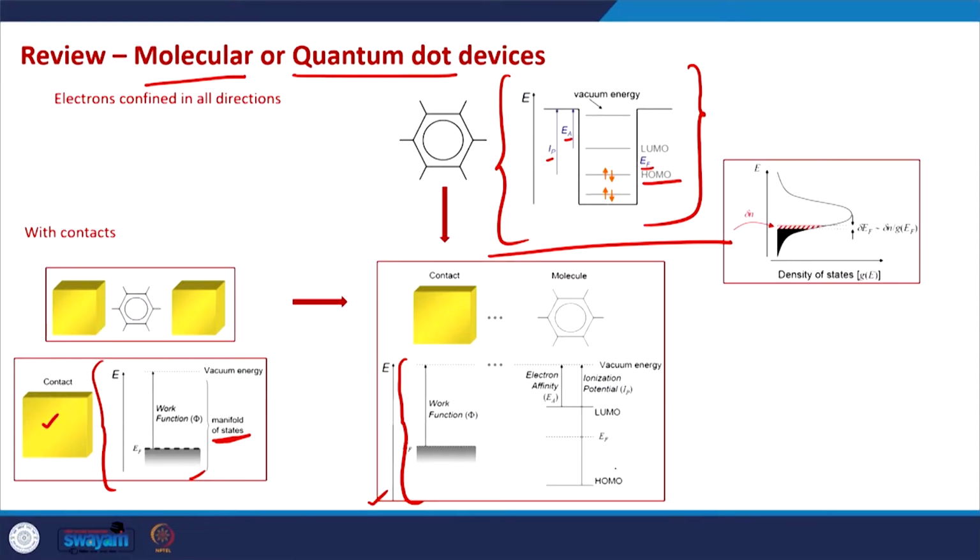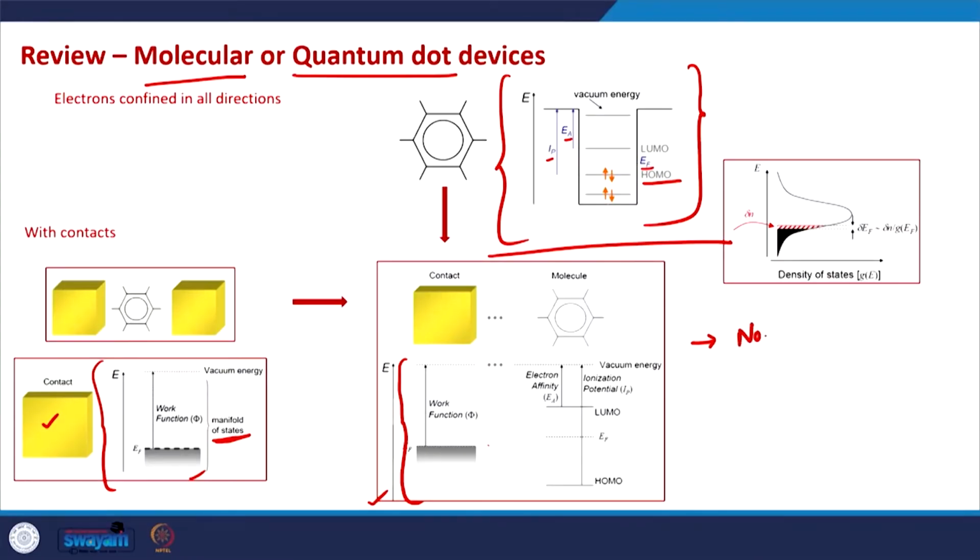And in order to make this Fermi level uniform across the entire contact-molecule system, electron transfer takes place. And in these nanostructures, in these molecular structures, electron transfer actually corresponds to two things, and that's a key point here. That's what we need to keep in mind. So when there is an electron transfer either from the molecule to the contact or vice versa, from the contact to the molecule, the number of electrons